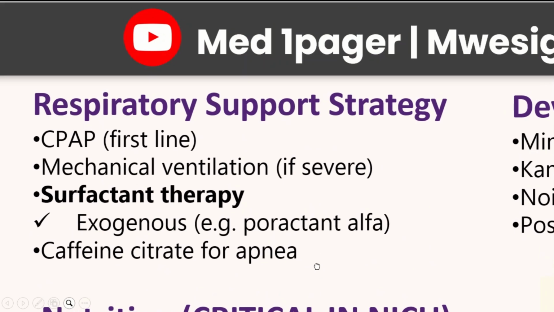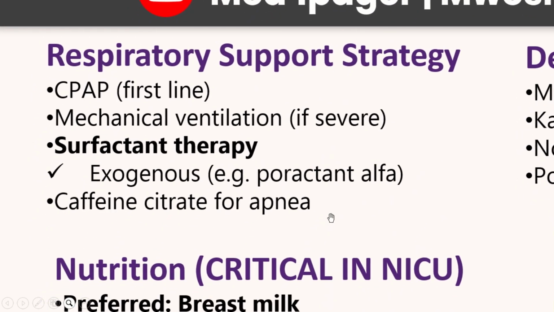So when we look at the other things that we have to consider, respiratory support strategy, CPAP is the first line. Always make sure you have CPAP, and then you can actually go ahead and intubate them and give mechanical ventilation if it's severe. Surfactant therapy is going to be life-saving, and there are very many forms of giving surfactant. Sometimes it's actually given through an endotracheal tube, so you need to intubate this child, and then the surfactant is poured into the lungs directly. It can be really life-saving for these children. Remember, they have the apnea of prematurity, so we give them a stimulant, and we rely on caffeine citrate for that.